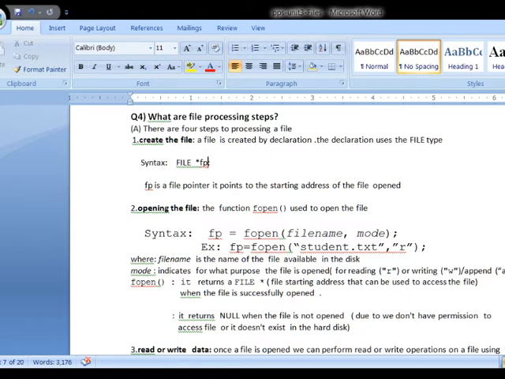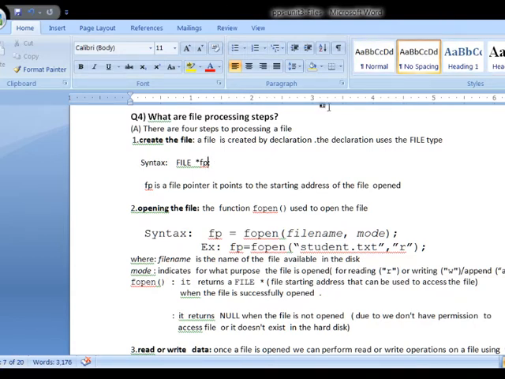So the first step is to create a file. In the creation of file, I have created a file pointer. My created file pointer holds the file address to process operations on the files.